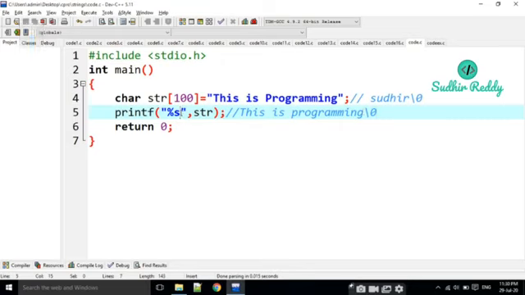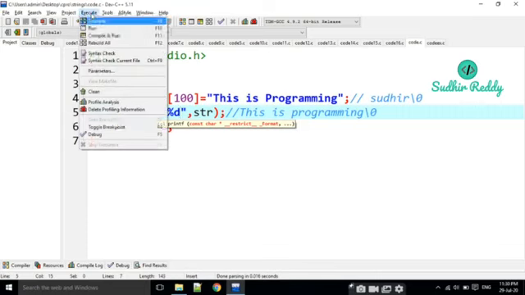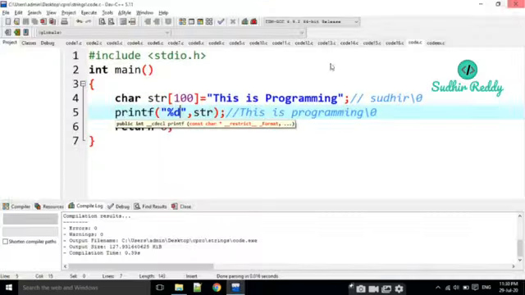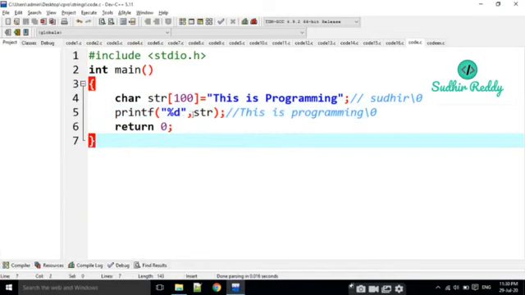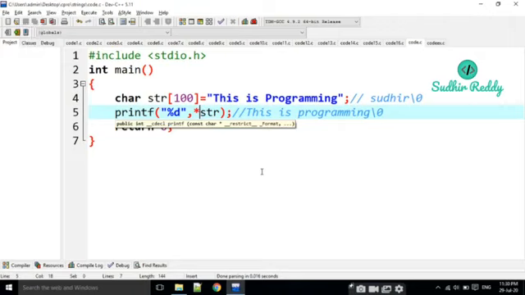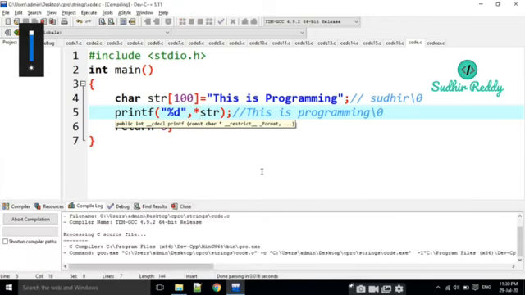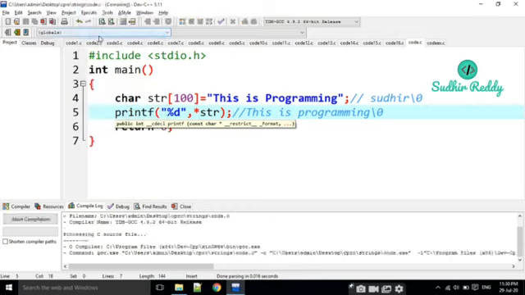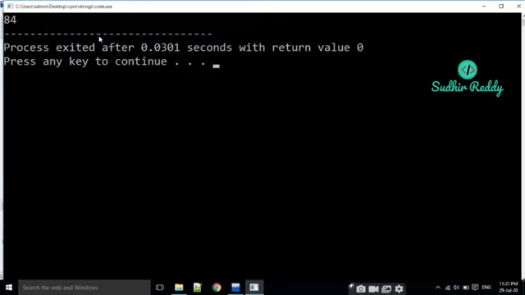For example, I am going to print what is inside str. Look here. This is an address, right? Yes, this is an address. Str is always the address of the first variable, no doubt about that. Now I am going to write a star. Str is an address, and star represents the value at that address. Now I am going to execute it. It is going to give 84. What is 84 here? 84 is the ASCII value of t.